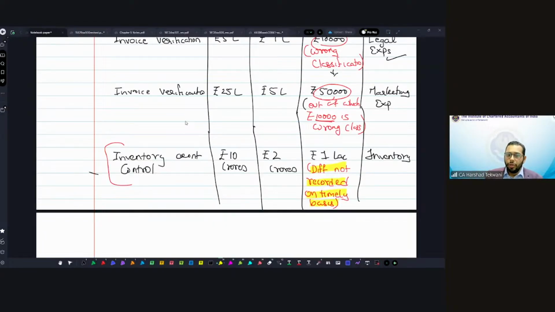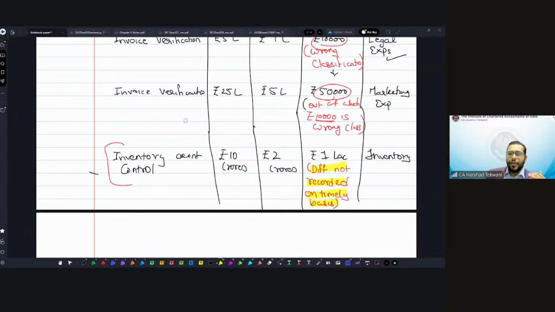Is it the control? The control was management will perform the count, differences will be there, and they will record the differences on a timely basis. Now management failed to perform the count. There is no projection in that. Like we have discussed in the past also,